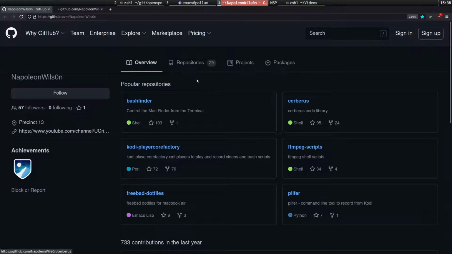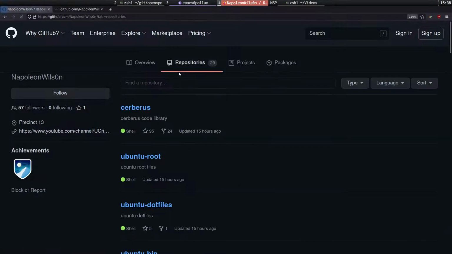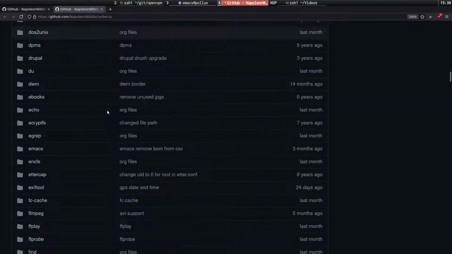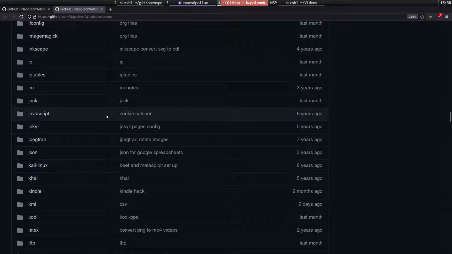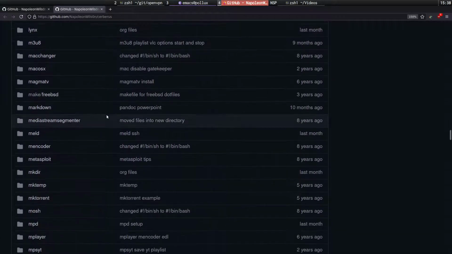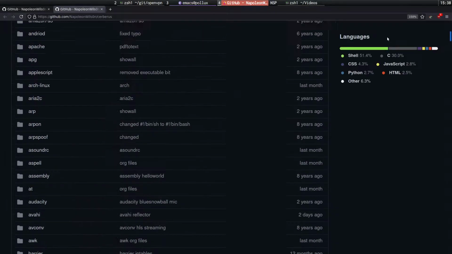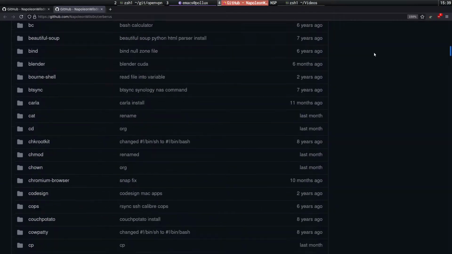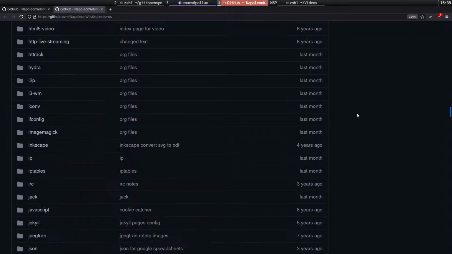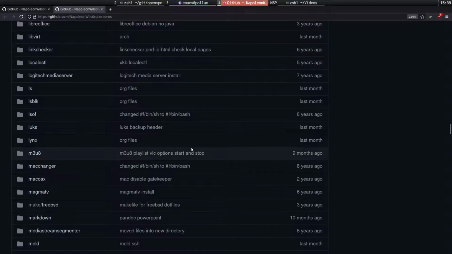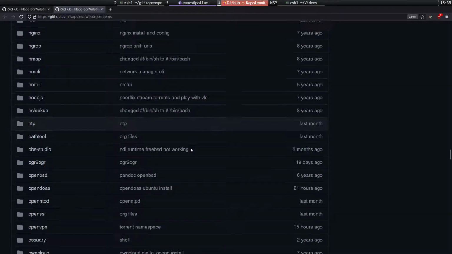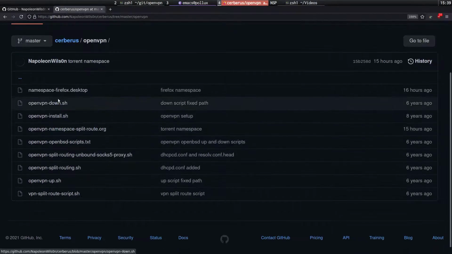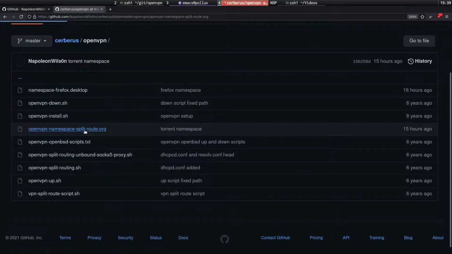So let me come across here, Ubuntu root. And as a side note, all these files here are my notes, and what I've done is I've actually reformatted all of these into org mode files. You can see it all, or most of them apart from the scripts, are org files,